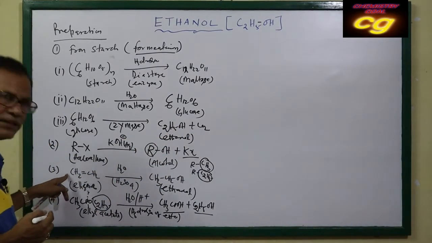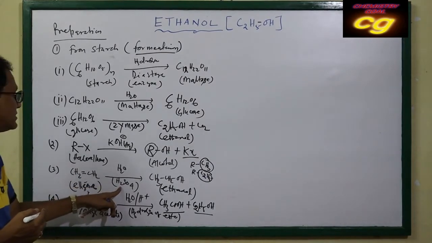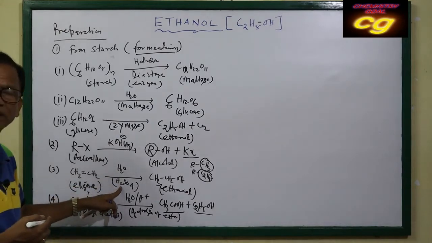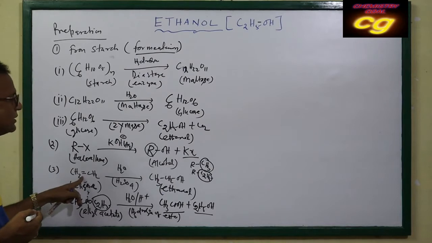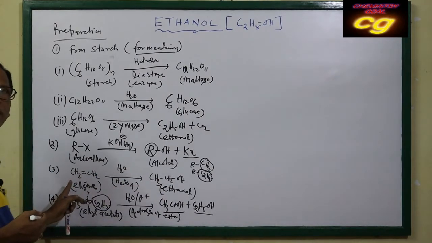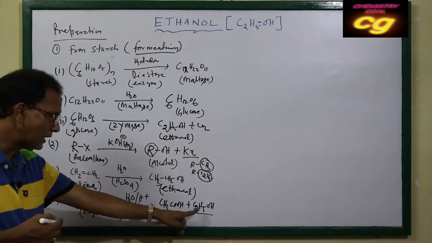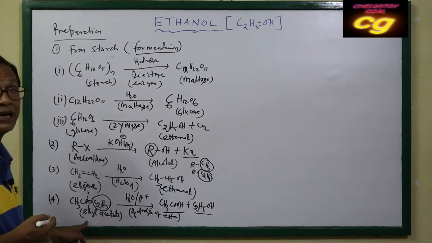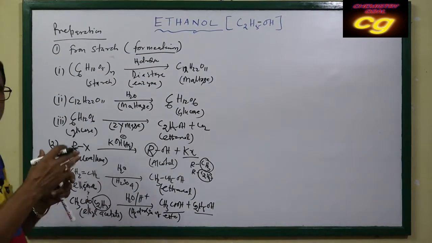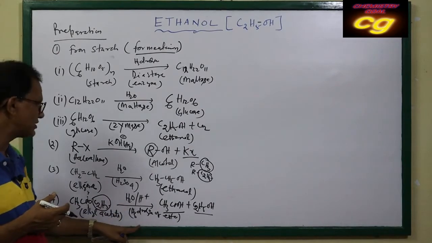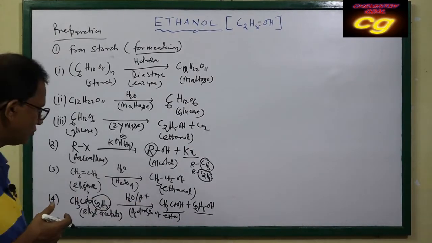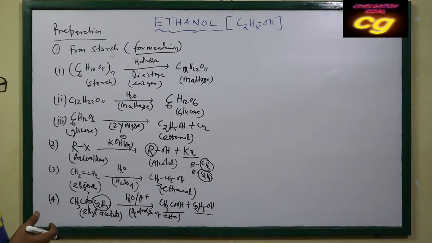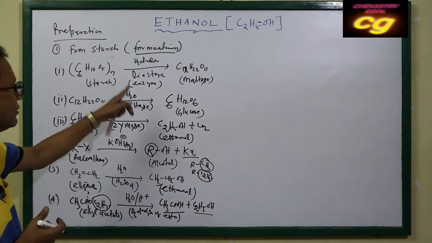Alcohol can be prepared from alkene by hydration in presence of sulfuric acid. Here sulfuric acid acts as a catalyst. Ethene produces ethanol. If you take propene, you will get propanol. And alcohol can be prepared from ester by the hydrolysis method. Simply you take ester and add water and sulfuric acid. The result is carboxylic acid and alcohol. So remember these 4 methods by which alcohol, that is ethanol, can be prepared.